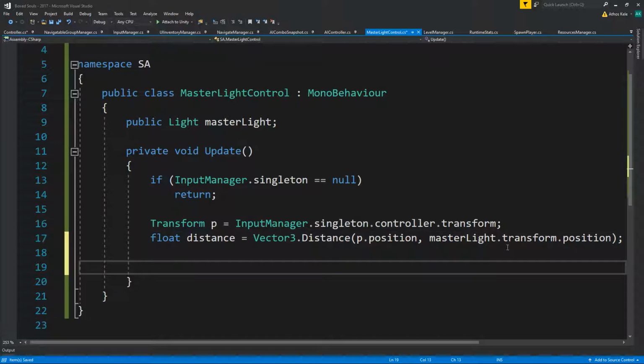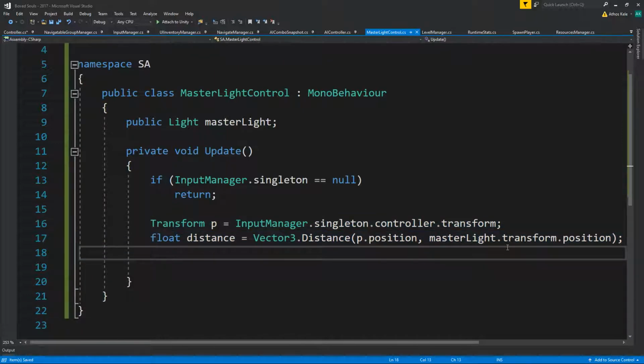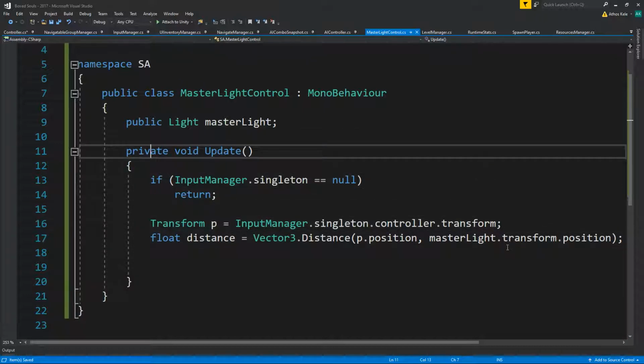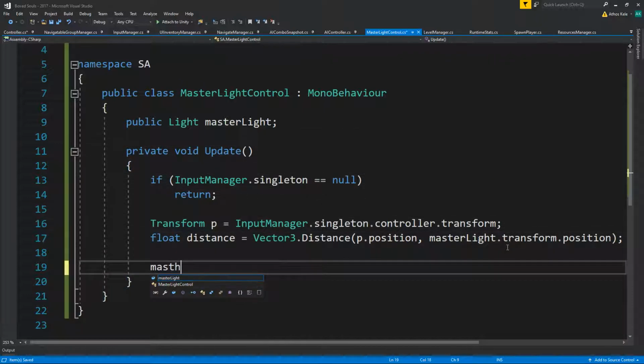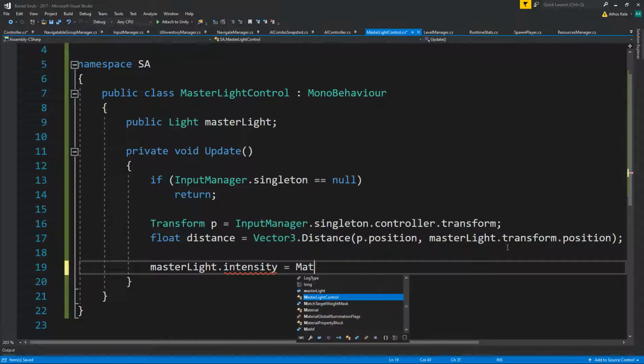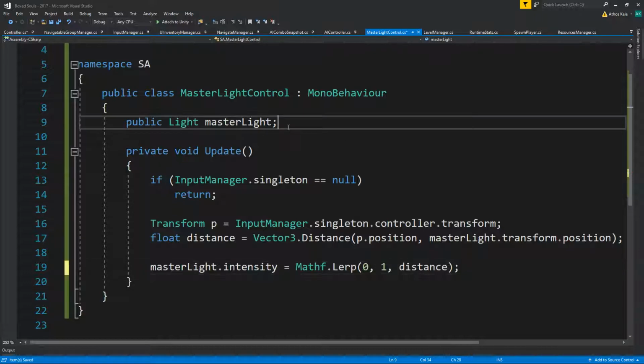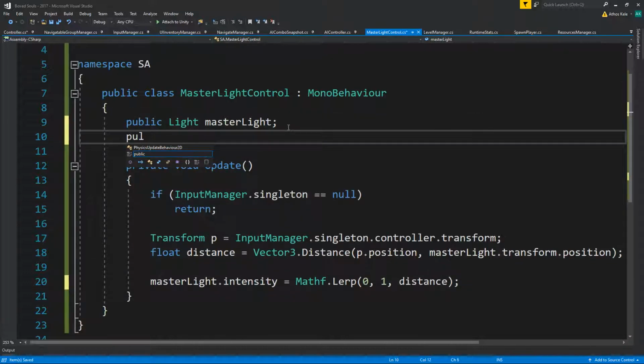Now we need to use this distance as, okay, so here's my thinking. I'm going to do master light dot intensity equals Mathf dot Lerp from 0 to 1 by the distance. So we want to say the public float maximum distance, let's say 10,